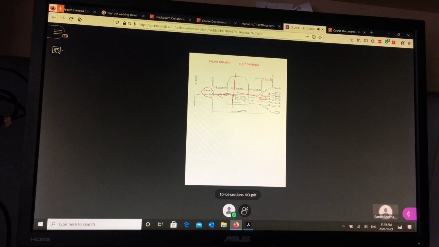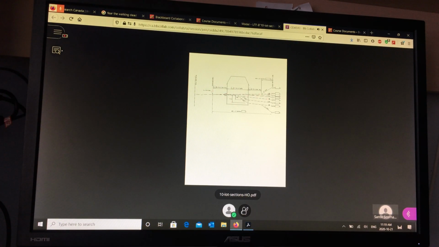In the category of split draining, there's three types. So it's either a front draining lot or a split draining lot, and if you're split draining, there's three categories of split draining. You have to understand a little bit about some house architecture. When it comes to split draining, there's three types. If the split point is in the middle of the lot, and part of the lot drains to the front, and part of the lot drains to the back,